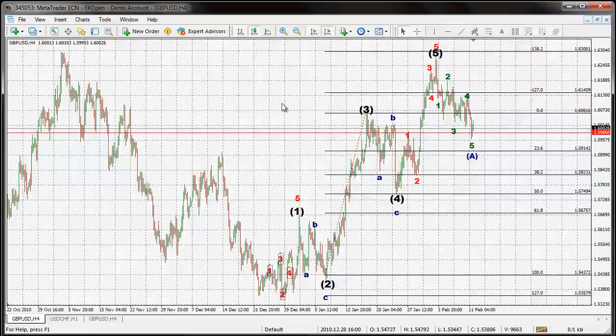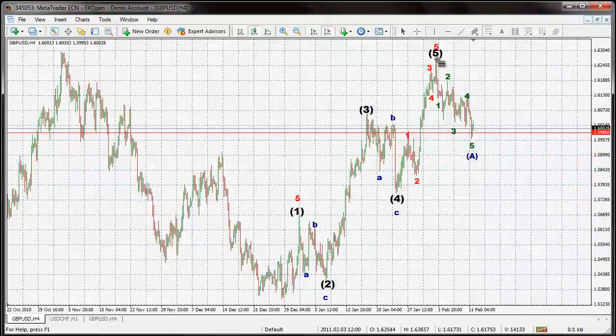What's also good is that from this you can work out whether or not your points are actually in the right place. This is actually point A. Now, point B should be around about, I believe, 38.2% from whatever this move is. So if I can take my Fibonacci tool out,